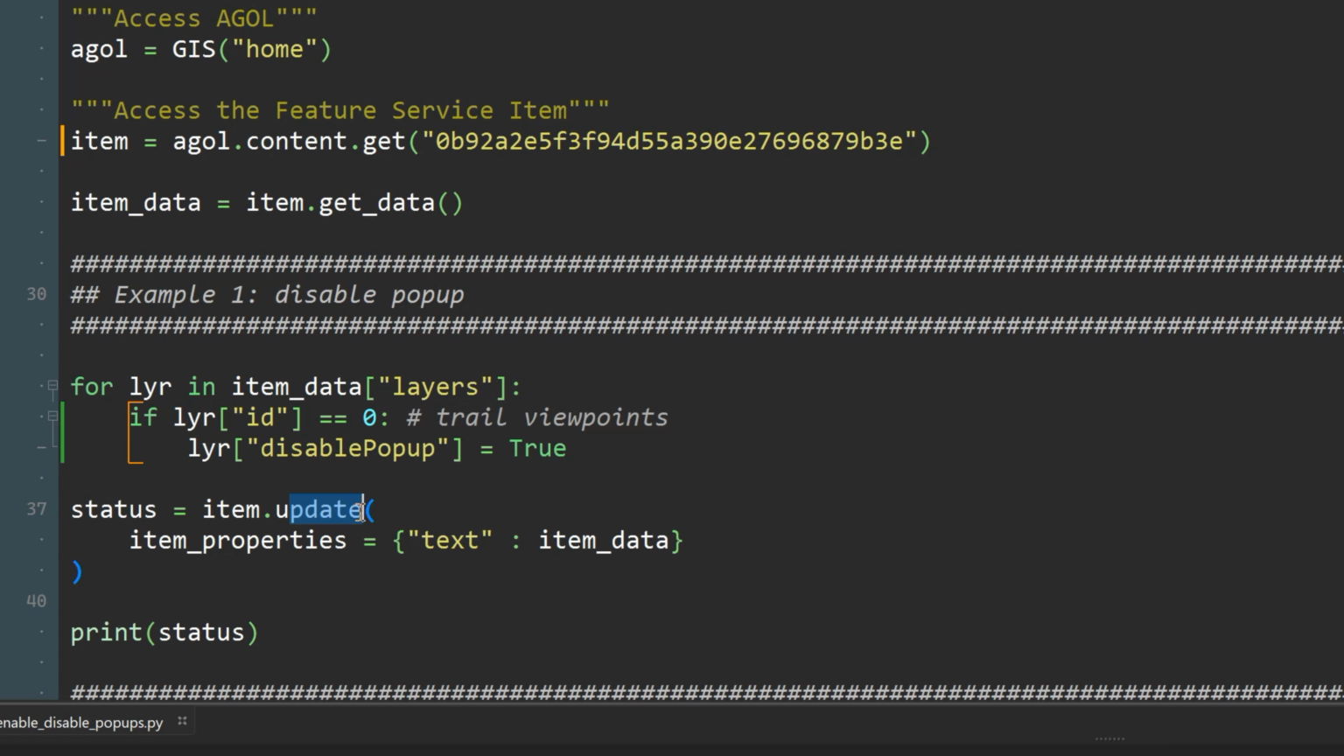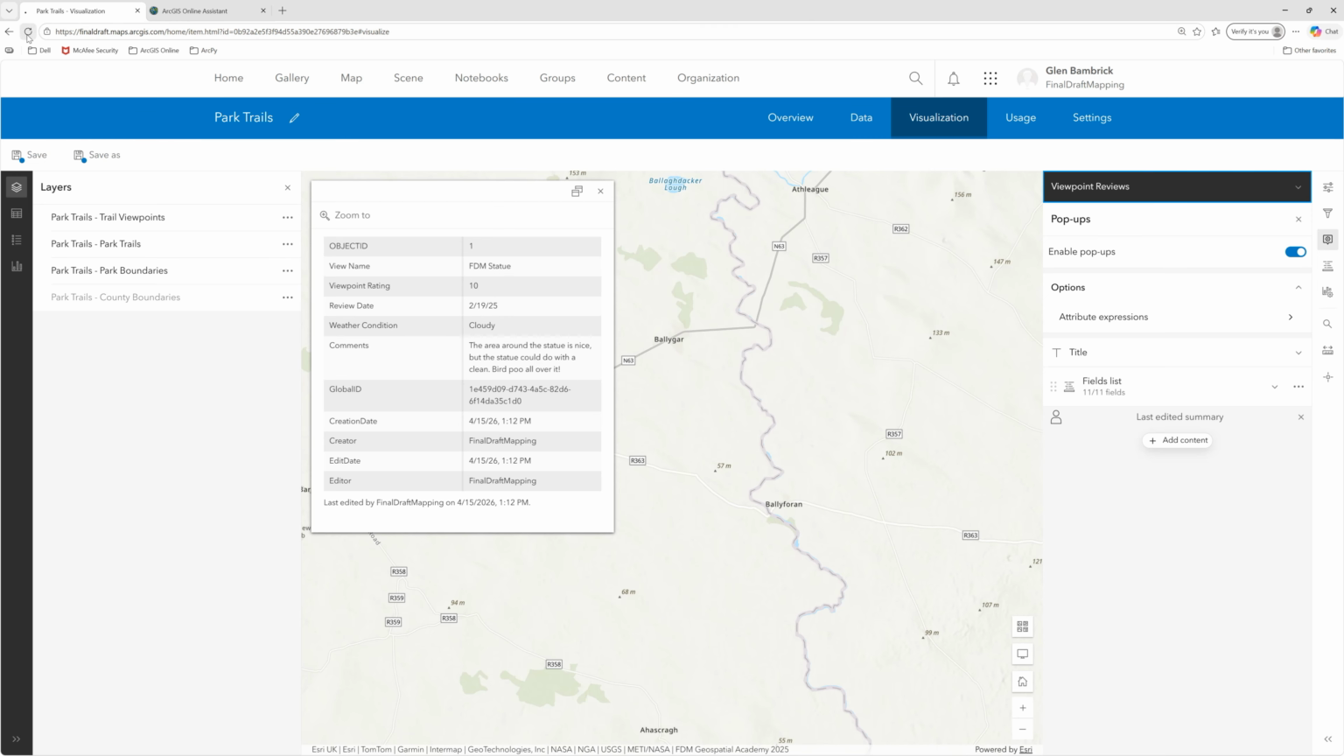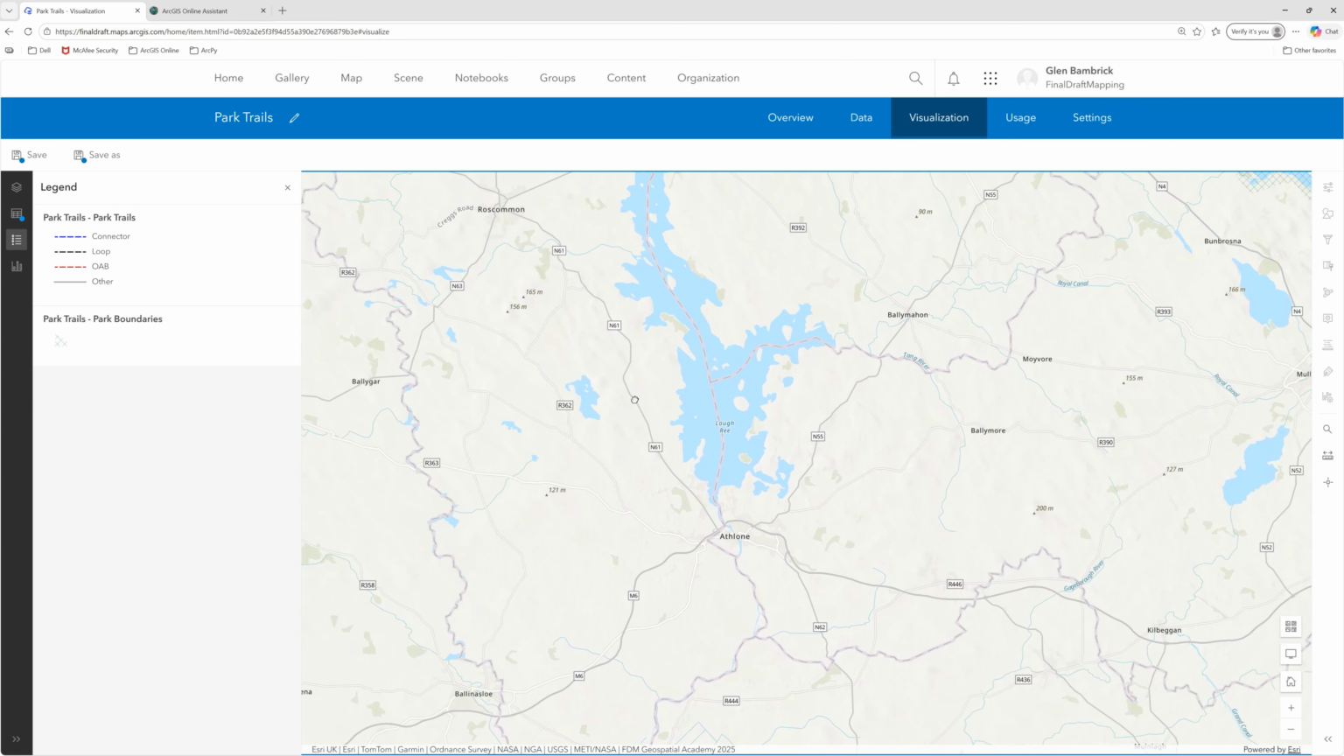I'll run this script. Our script is complete. We will return true for both instances, so our trail viewpoints and park maintenance information pop-ups should be disabled. Let's head over to ArcGIS Online and verify. I'm going to refresh the page. I'm going to find a trail viewpoint